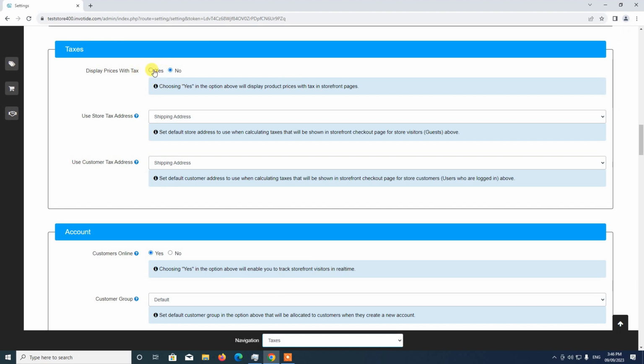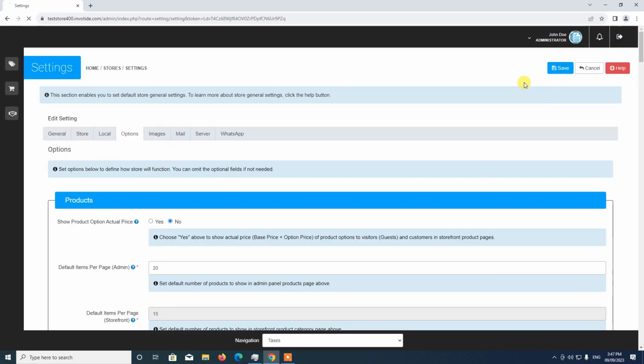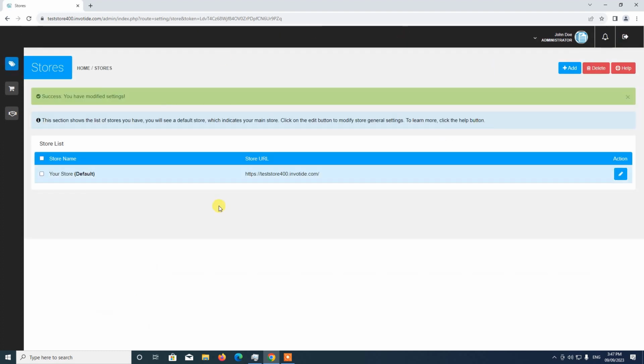So we'll need to enable this first so that once we set up tax, it will be able to display in the storefront pages. What we'll do next is select yes, so that the product price is shown with taxes. Once we enable this, we scroll up and save. All right, so now that we have enabled the tax feature so that the product price is inclusive of tax,